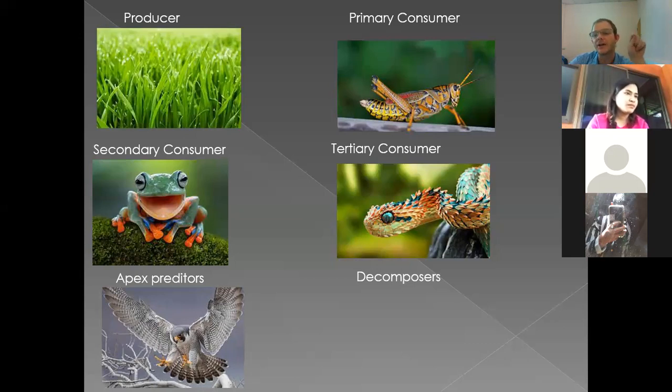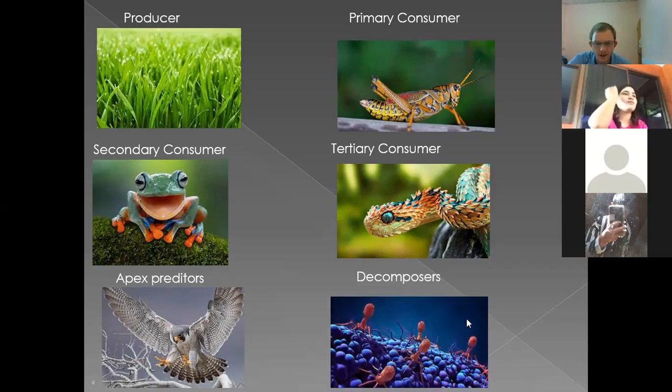But who's going to eat the eagle? Not a lot of animals eat the eagle. So what happens to the eagle is the eagle becomes old and dies. Or maybe it becomes sick and dies. So then his body goes to the ground. And then all the small little microorganisms, the fungi and the small things, eat them. And then we have these ones that decompose.